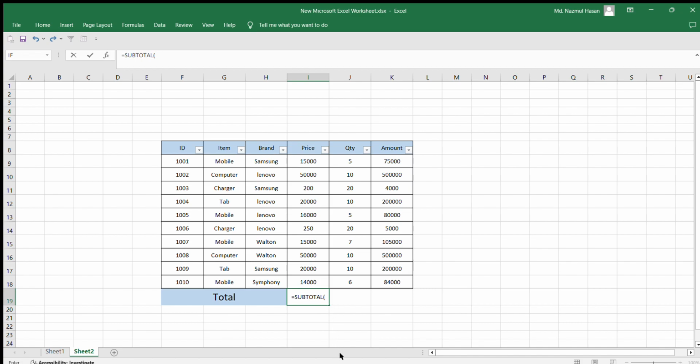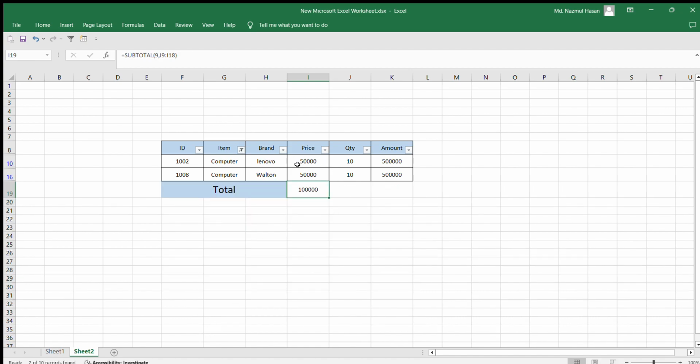then select 9, then comma, then select price, then first bracket complete. Total 2,450,000. Then one difference is if I select now computer,